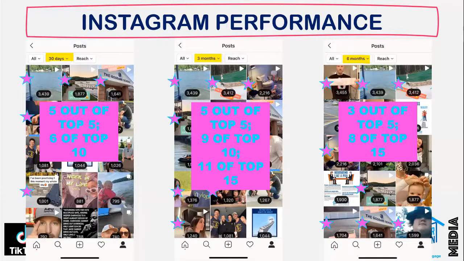Well, I think it just shows where the trend is heading, which is people that are looking at TikTok videos, they know that if it has that little symbol to it, or if it's a video in this sense that looks like a TikTok video, it's going to be short, to the point, and they can consume it quickly. So there's a trend heading towards that direction. So if you start creating video content that's shorter and to the point, you're going to start seeing very similar numbers to 5 out of the top 5.